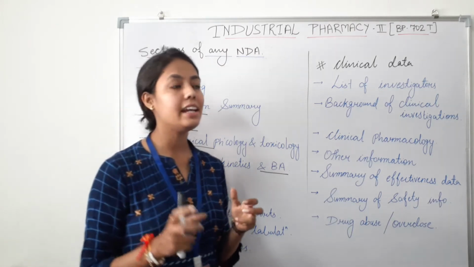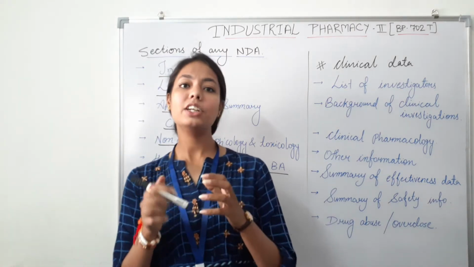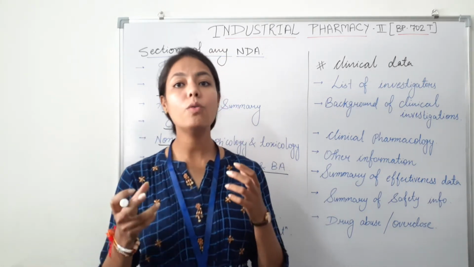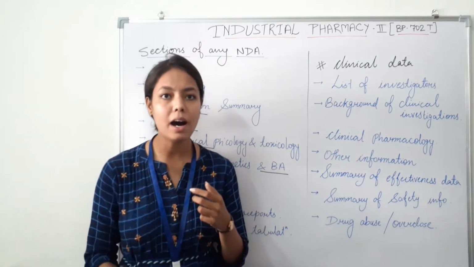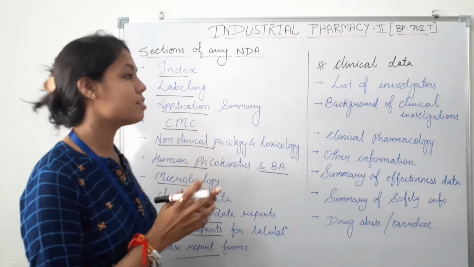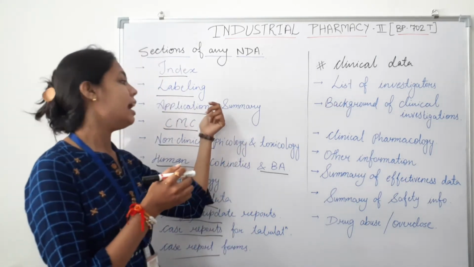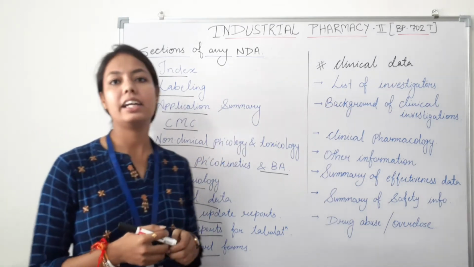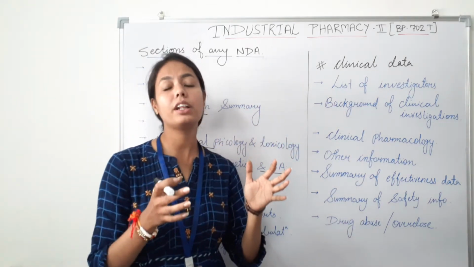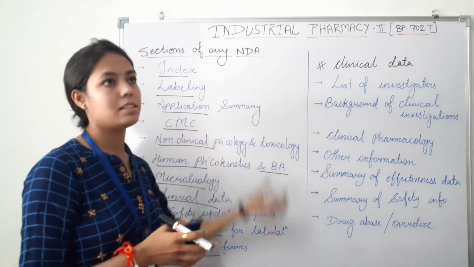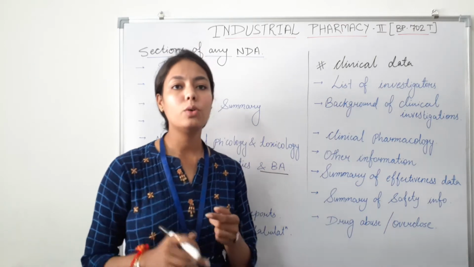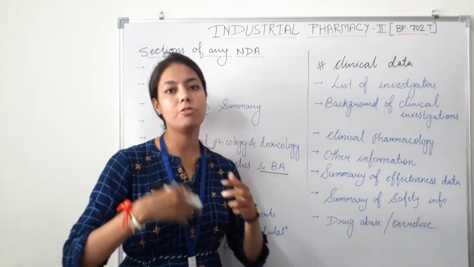So section 8, that is clinical data, includes the information which is submitted to understand the overall safety and effectiveness of the drug compound. It is further divided into the following sections. So there are two sections which are majorly discussed, that is application summary and the clinical data. So after filing an IND, all the various data collected during the clinical trials will be discussed here in the case of any new drug application. It includes various parameters which we will discuss one by one.